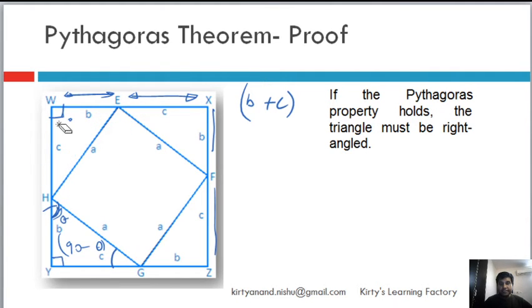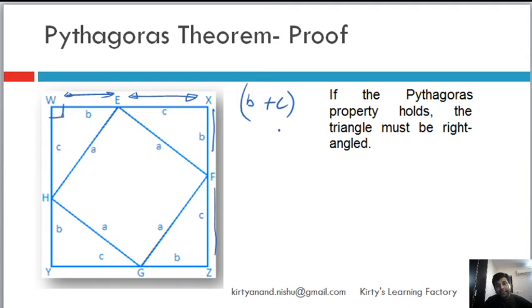Sometimes I know that kids get confused, that you tell us how that's a square. I can understand. So first we saw why all the sides are A, and then we understood why it is 90 degrees. Okay, so now it is clear. And if you're not clear, then rewind and see this again. That's the advantage of seeing a video on YouTube. You can see it as many times as possible, and I don't have to repeat so many times. And still, if you have a doubt, drop a comment, or just email it to me, I will answer.